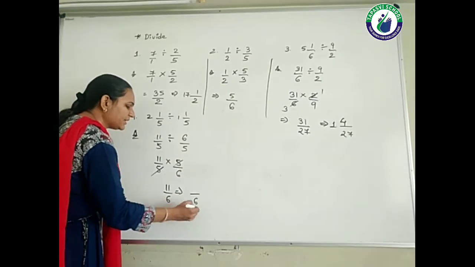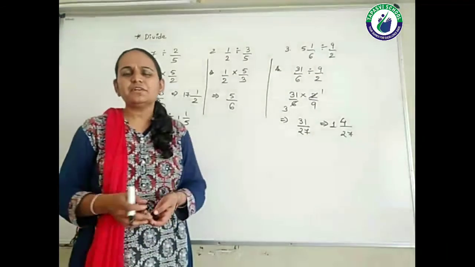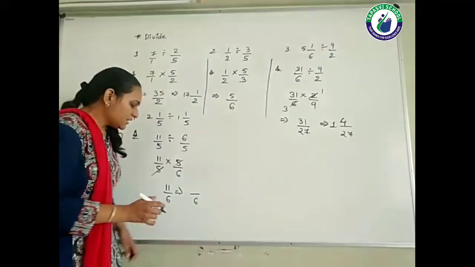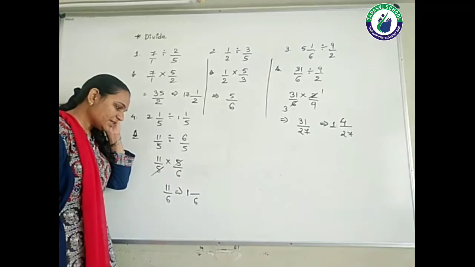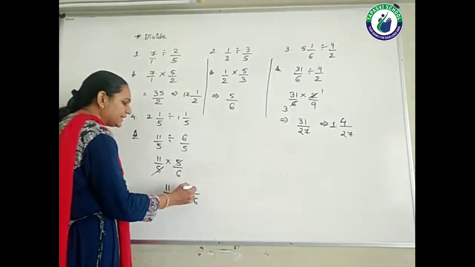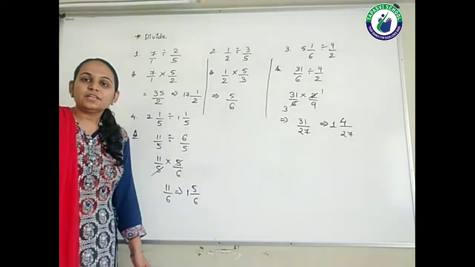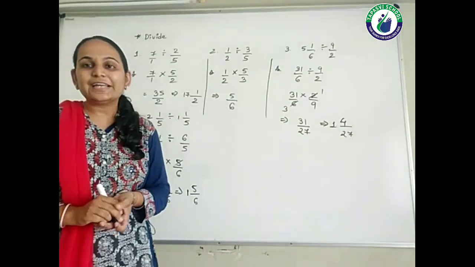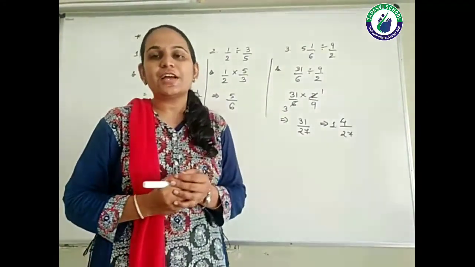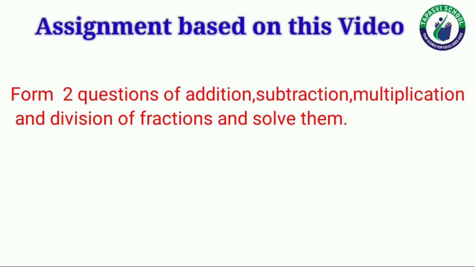So here I am converting it into mixed fraction because this is an improper. Whenever you get improper, convert it into mixed. This is a good one. So 1 6 is 6 because I cannot take 2 6s are 12. So 1 6 is 6. Now how much is remaining? That is 5. So here we end up with this fraction, students. I hope you understood the entire operations of the fractions: addition, subtraction, multiplication and division.